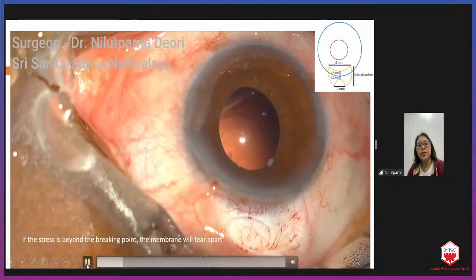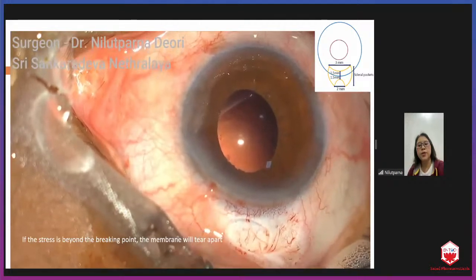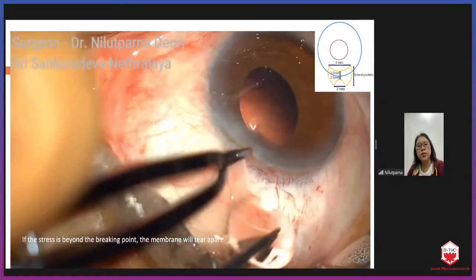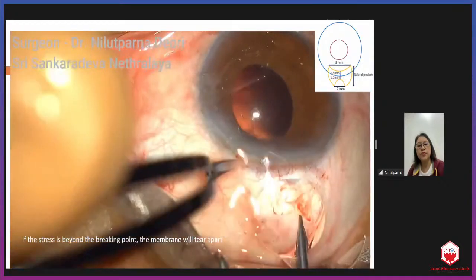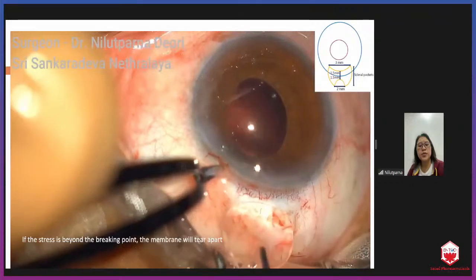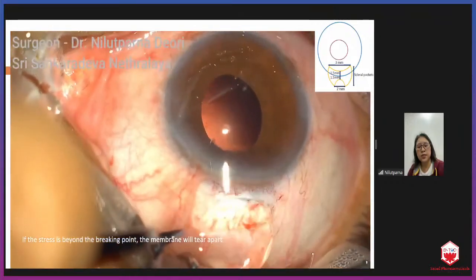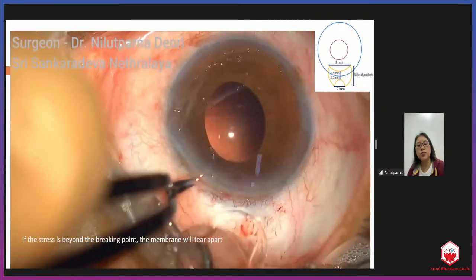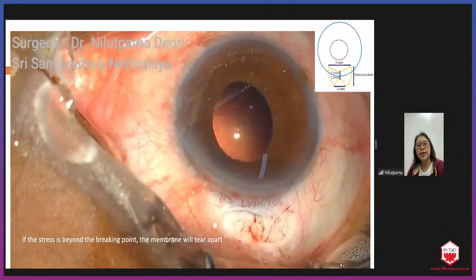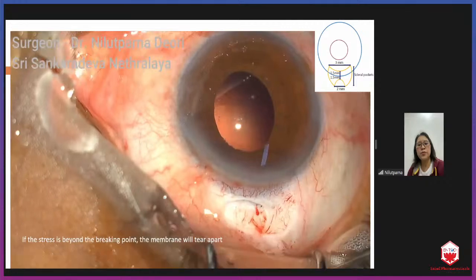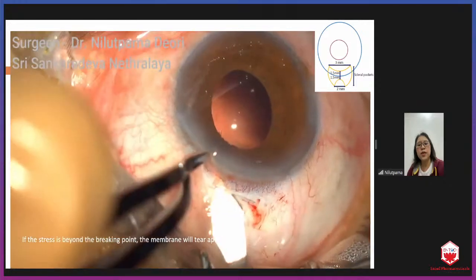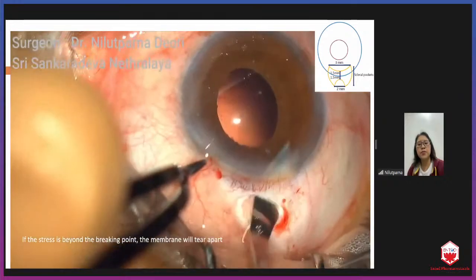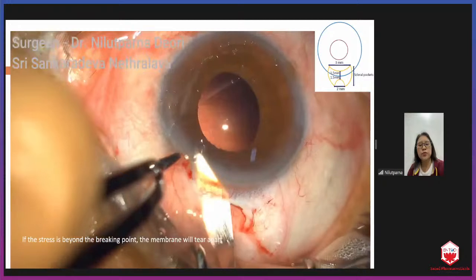Therefore, the nuclear fragment caused a bursting effect at the mouth of the surface. So through this, if I'm trying to put in a PMMA IOL, it is actually going to tear apart this entire scleral incision. So this is not the correct technique of doing a 2 millimeter incision, or rather, even if you extend it to 3 millimeter, it is not going to allow you to even put a 5.5 millimeter PMMA optic. So moving on to the next